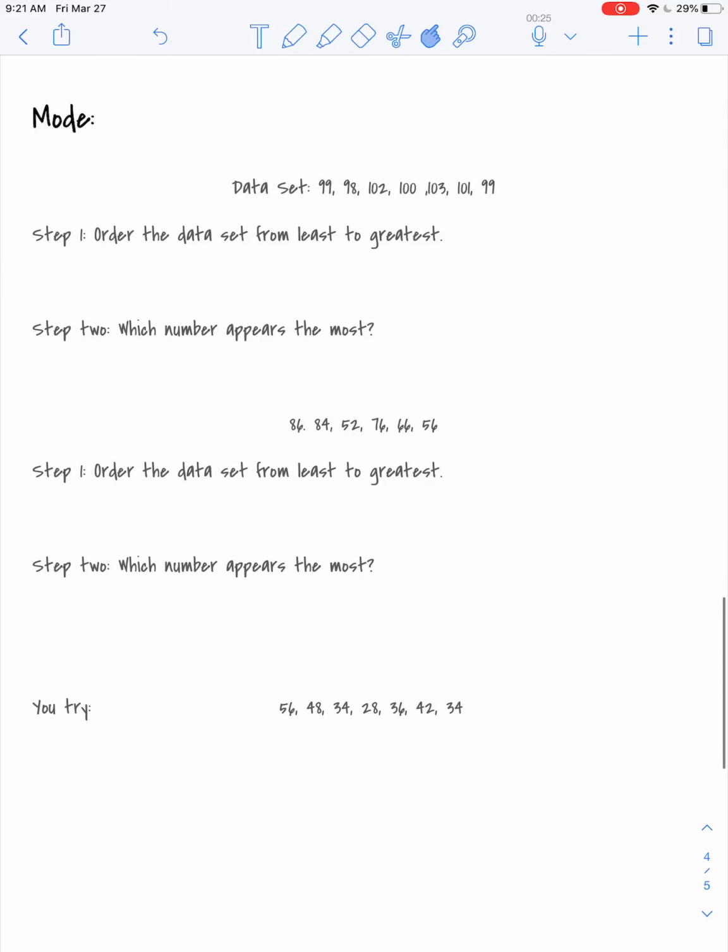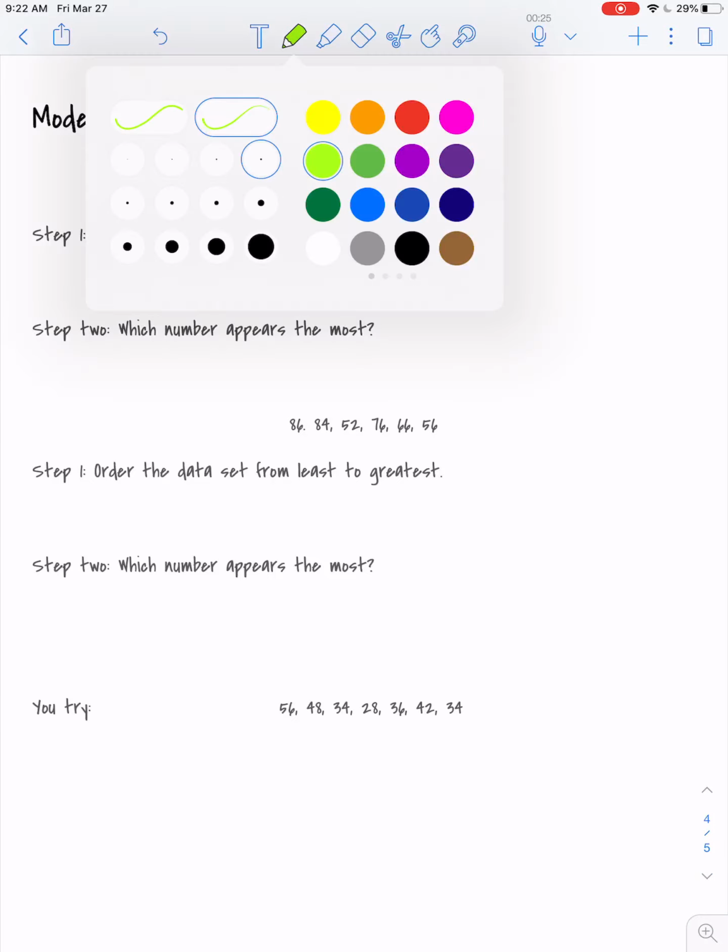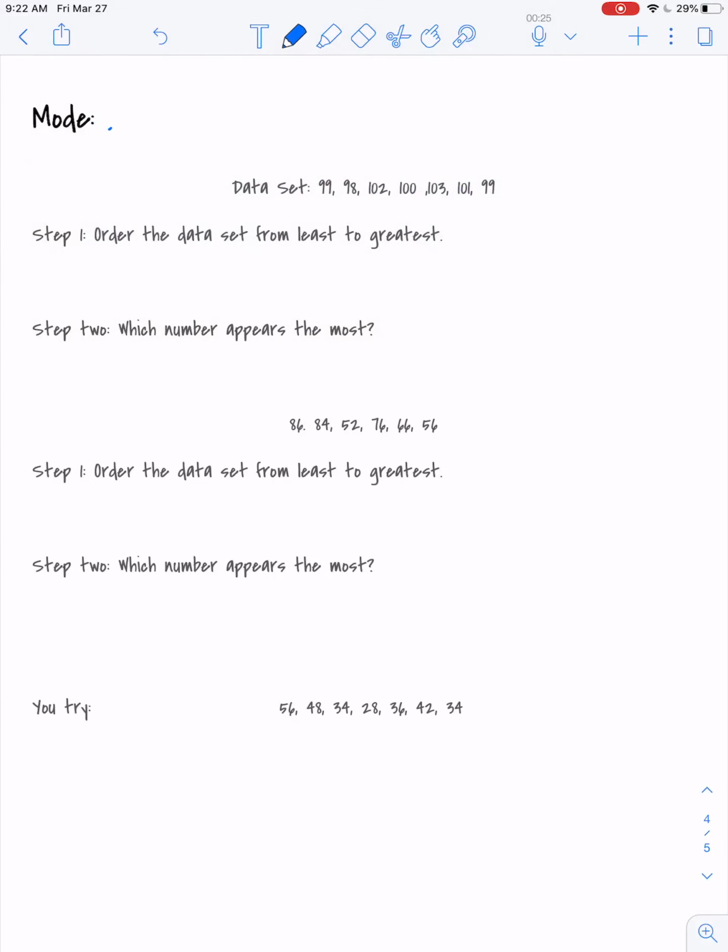Our next measure is our mode. So what number appears the most in our data set? So our first step is to order our data from least to greatest. We've already done this data set. So it is 98, 99, 99, 100,